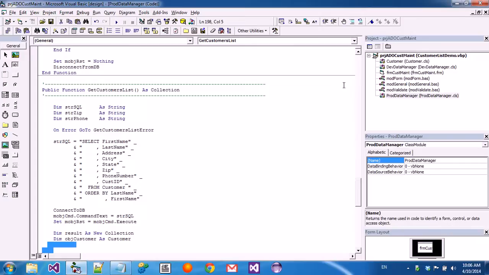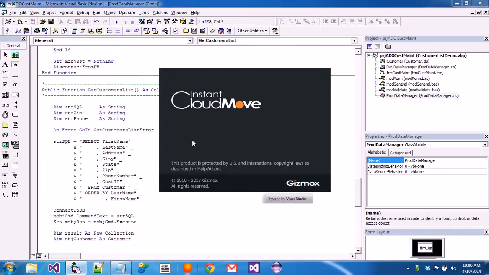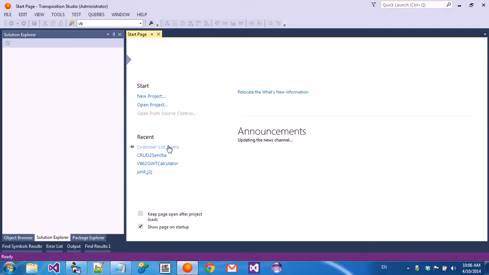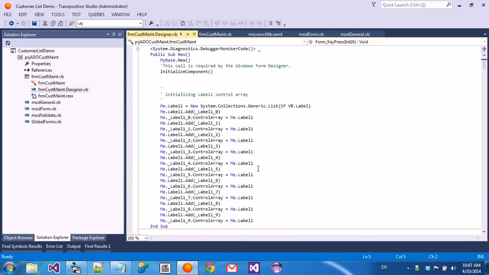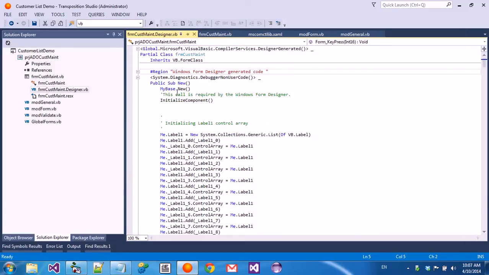So what I'm going to do now is open the Transposition Studio and open a project I've created for migrating this application into .NET. And what will happen now is that the Transposition Studio is reading the code, generating what we call raw code, which is actually the same application but in the syntax of .NET or any other language, and we are loading this code into an AST model, and above that we have a DOM, which provides us the semantic